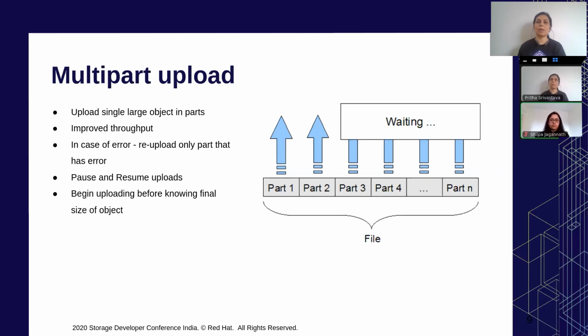So in case there is an error while uploading one part, we just need to re-upload that part without worrying about the other parts. And it also has an advantage that allows us to start uploading the object without even knowing the final size of the object. So this can be used while storing live streamed content. And in this case, we just need to tell the system that multi-part upload is now about to begin, and then we start uploading the file. And once the file has been uploaded, then we can indicate that now multi-part upload is going to end.